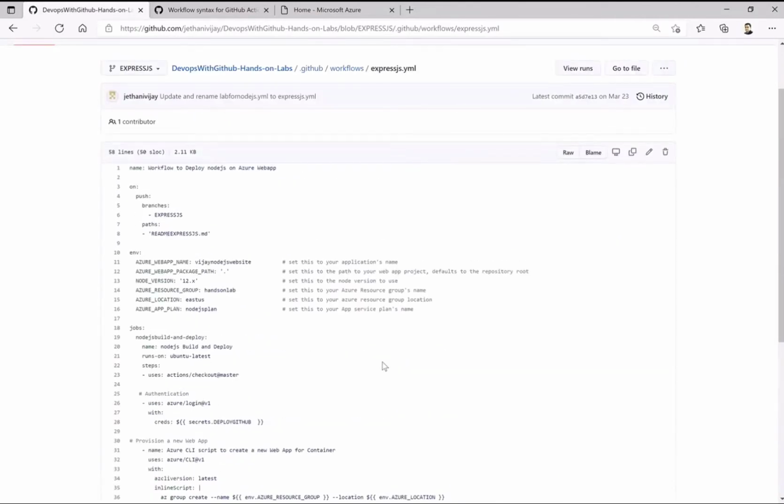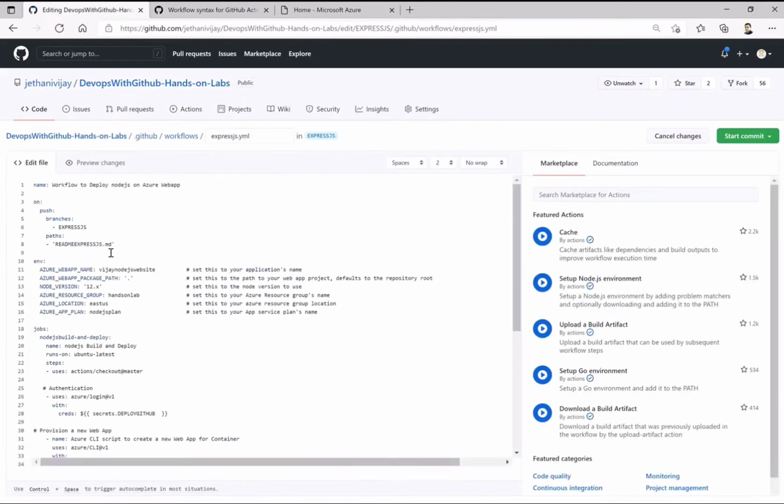Now, while you do this deployment, there are a few changes you have to make before you can run this lab. First of all, make sure you give an appropriate naming convention. Now, as we are doing this, let me give some name which I understand or which is specific to me. So you have to change this. In my case, it is Vijay. You have to change it to your name, and then say today we are doing a hands-on lab